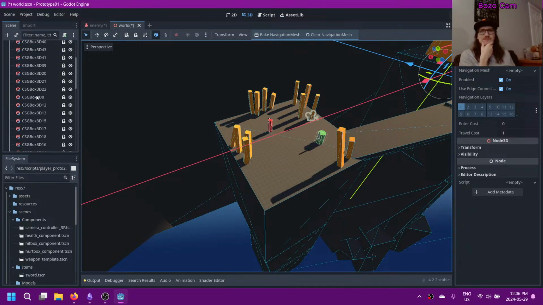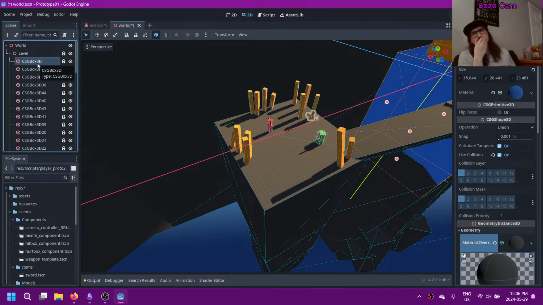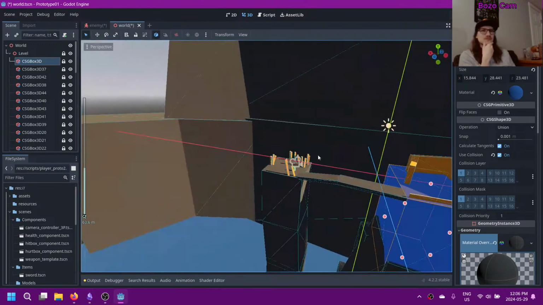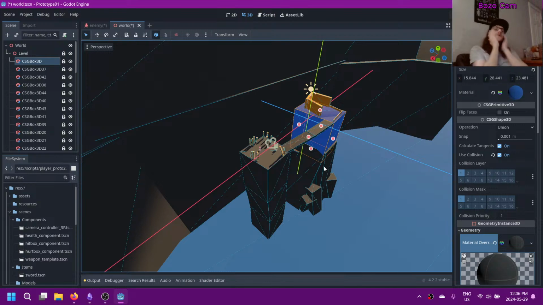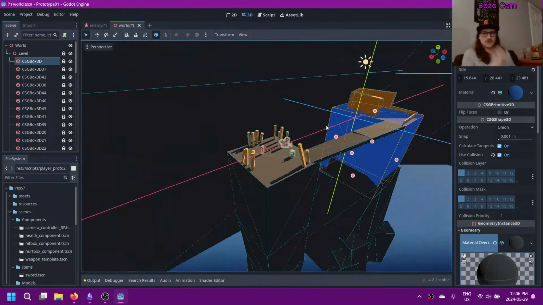use a mesh instance instead of a CSG, because the nice thing with using these is that you can just turn on collisions, but not everything needs to be used for collisions. Like these background things don't need collisions. This doesn't need collisions. But whatever. So how